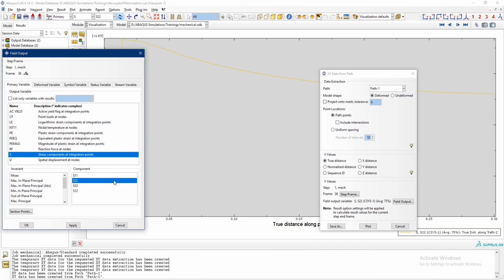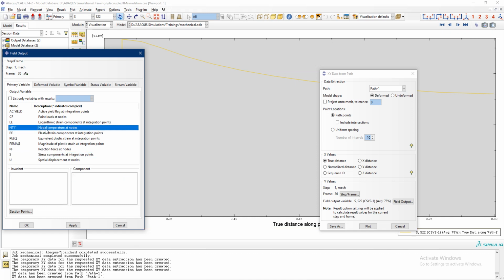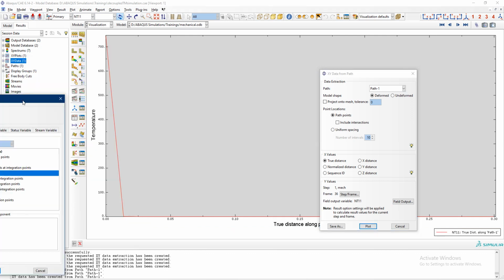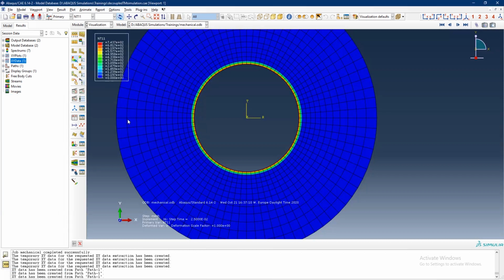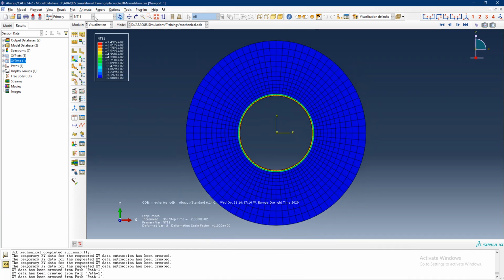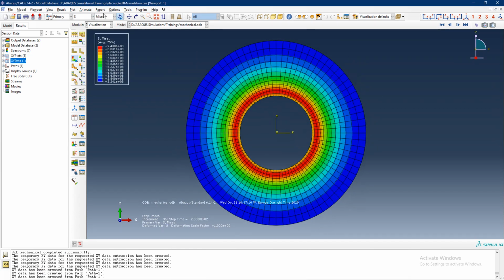And if we look at the temperature distribution, we see that hoop stresses exactly follow this temperature distribution pattern. So yeah, this is a simple decoupled thermomechanical analysis, which I think would be useful for many